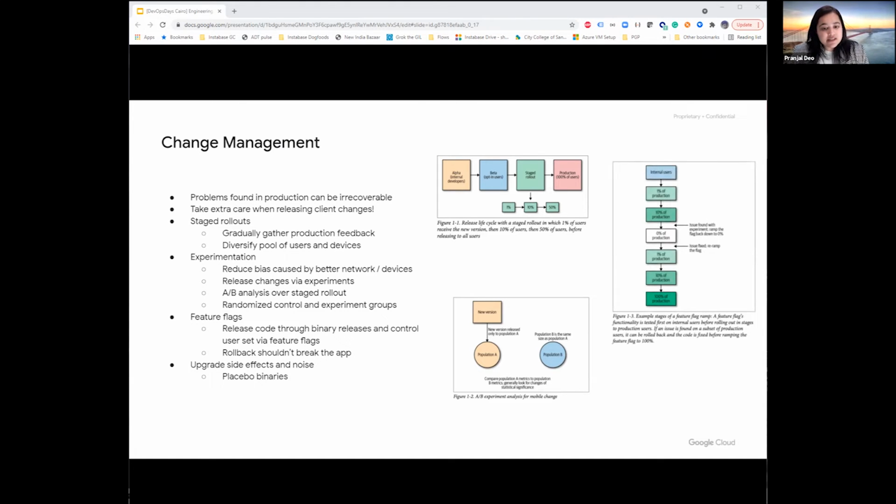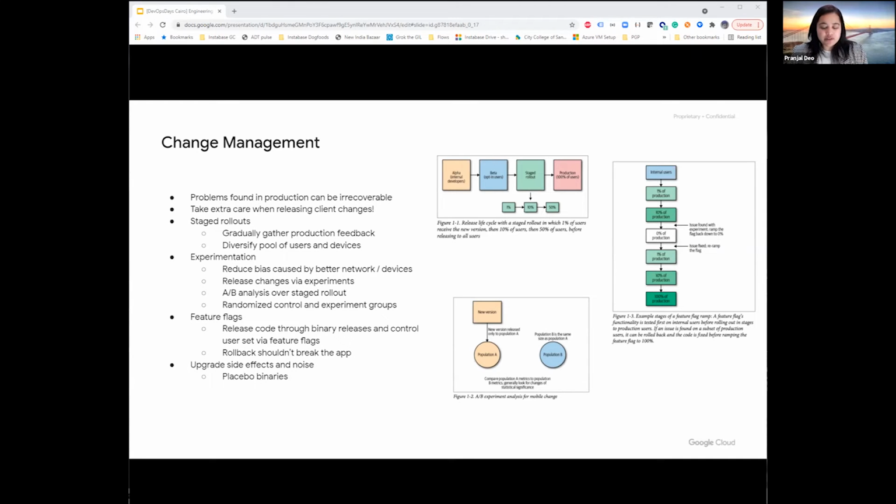Now, feature flags are another option to manage production changes. The general best practice is to release a new binary with new code and turn the feature flags off by default. This gives more control over determining release radius and timelines. Rolling back can be as simple as turning down the feature flag instead of building an entire binary and then releasing it again. Now, this is with the assumption that rolling back the flag is not breaking your app.